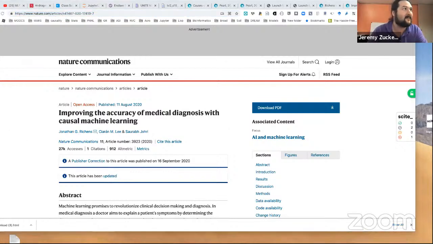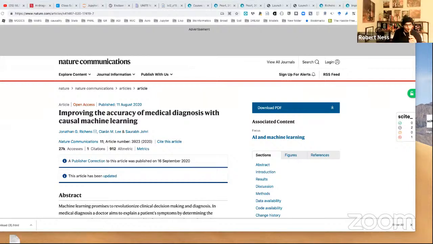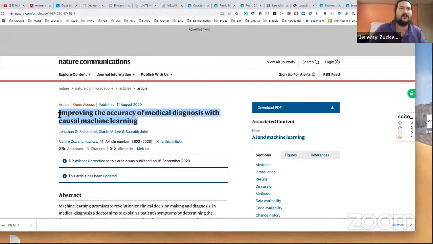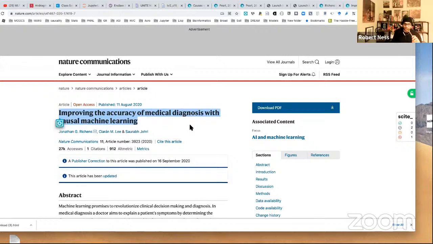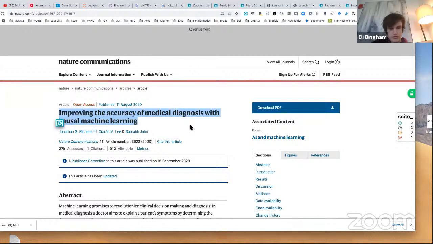Let's see, where's the chat? There's the chat. So they published this in Nature Communications. We should get them on these calls. Yeah, totally great idea. They're invited. I think they were there originally. I was worried about missing work or something. They came to a few of the early ones.